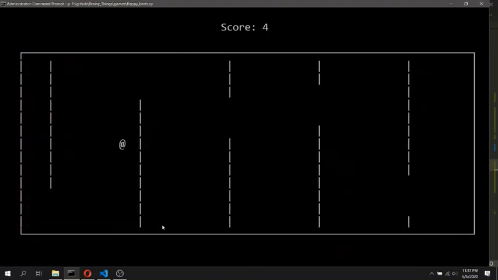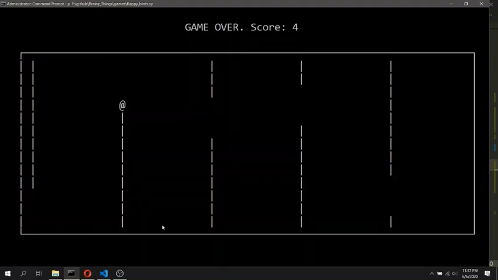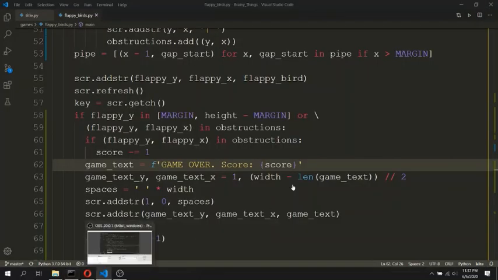As you can see, I'm not a good player of Flappy Bird, and once you develop this game yourself, let me know in the comment section what was your high score, and let's see if we can extend this game anymore.